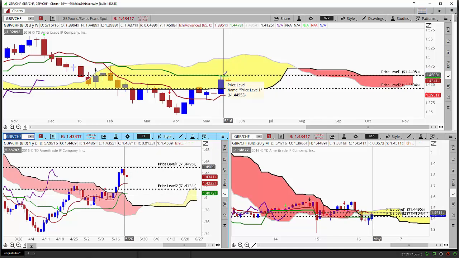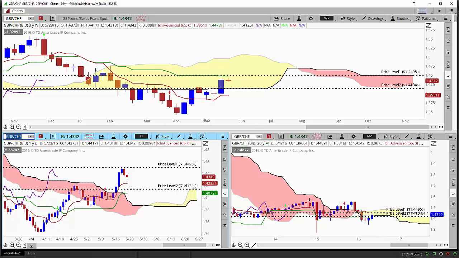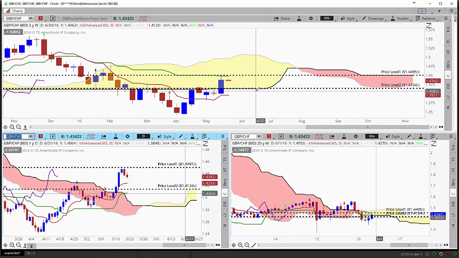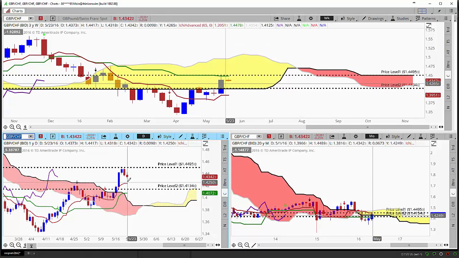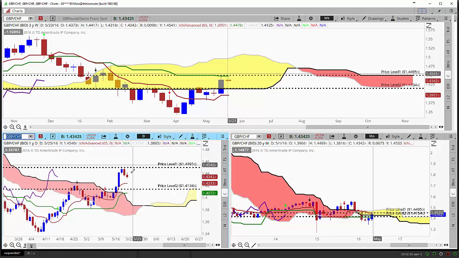Already did there once, so now it's got a high probability it could sit there and come back to the support level, which is at 41.34 to continue its consolidation pattern. However, the daily time frame is still very strong bullish, so you can't really say it's going to come all the way down here. We have to gauge exactly what's going to happen here,